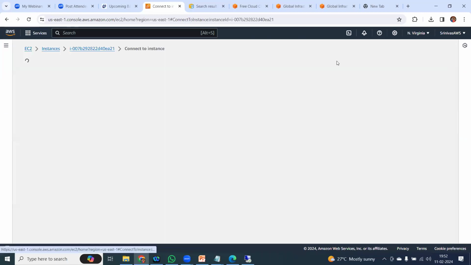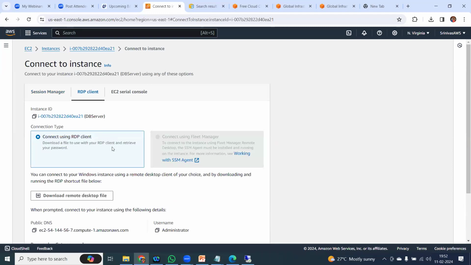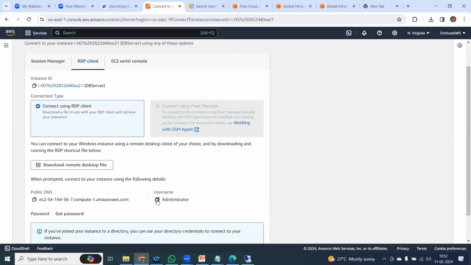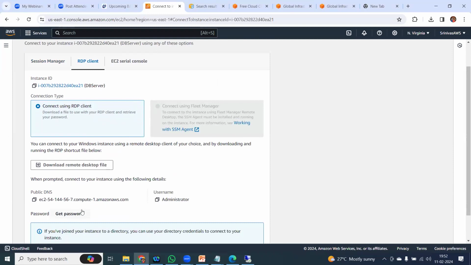So I'm going to click on connect. Under connect, there are 3 options available. Which one do I need to choose? I'm going to explain what is session manager, what is serial console. Now I am going to connect to this server through my RDP client, so I'm going to click on RDP client. There I'm getting the option for my username. By default, for a Windows server, whatever server you deploy, the username will be administrator only. There is no change. Now to get a password, whatever key pair you generated during the server deployment,